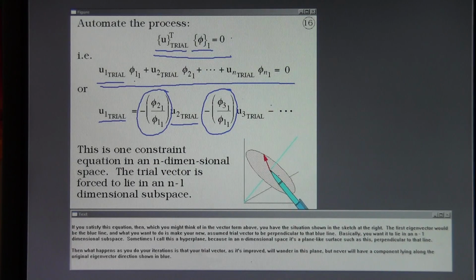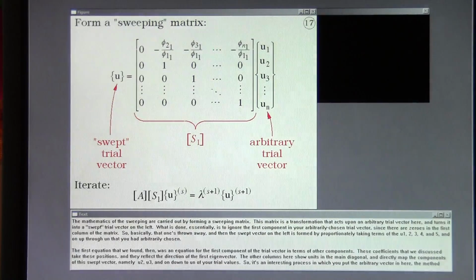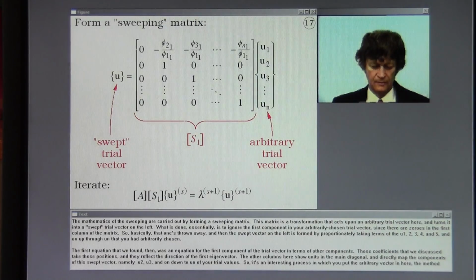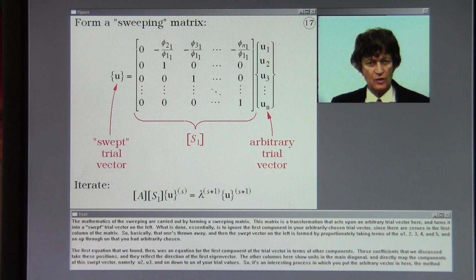Then what happens as you do your iterations is that your trial vector, as it's improved, will wander in this plane, but never will have a component lying along the original eigenvector direction shown in blue. The mathematics of the sweeping are carried out by forming a